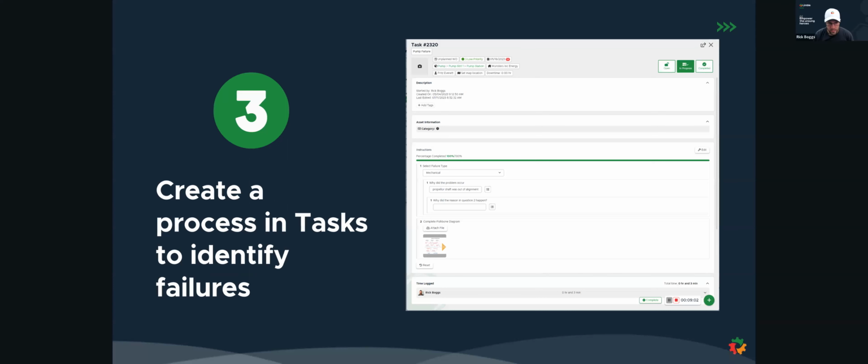Next, also within these work orders, we want to create a process to identify the failure. This is where you're basically taking that analysis technique that you decided on and building that directly into your template. So you can build an equipment failure template, a root cause analysis template, that allows you to